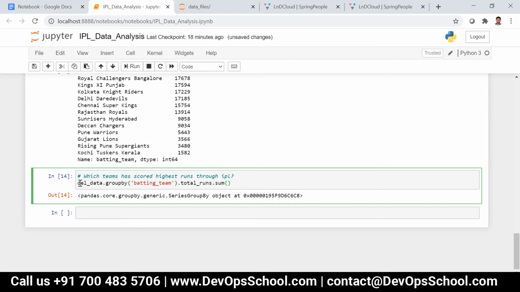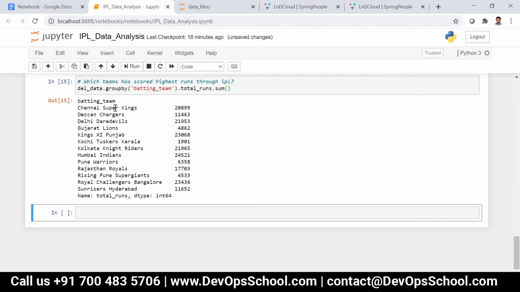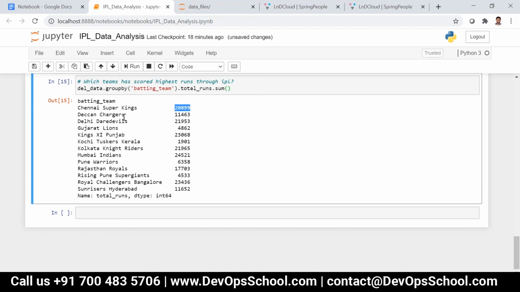That is, I am grouping by batting team first, then in that particular group I am selecting total runs, then finding the sum of all. Now you can see the sum like this. Chennai Super Kings is 20,899, Deccan Chargers is 11,463, and Mumbai Indians is 24,521. It is getting matched, right?